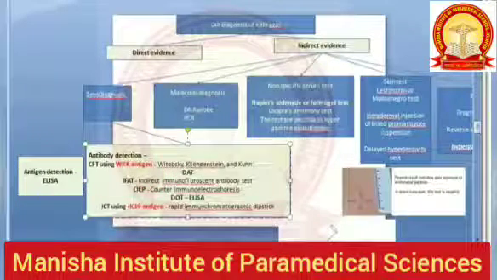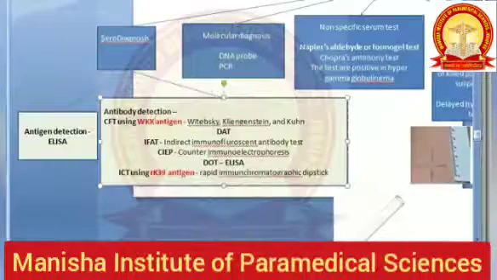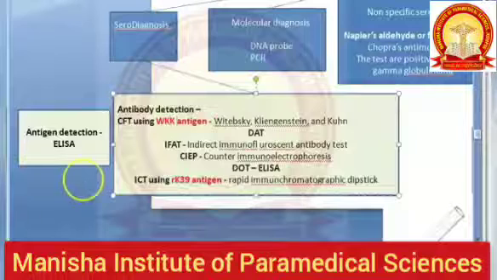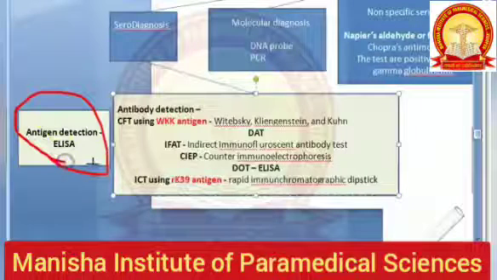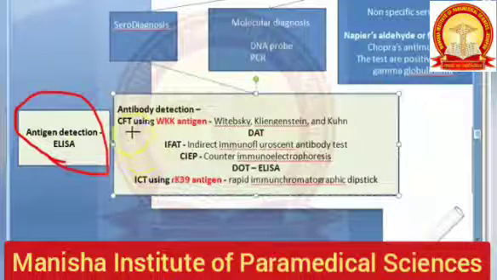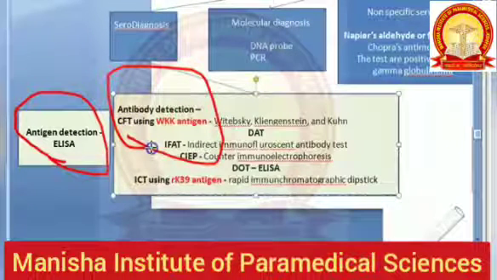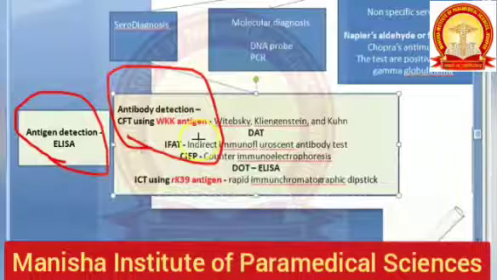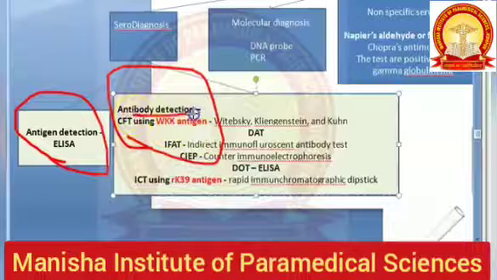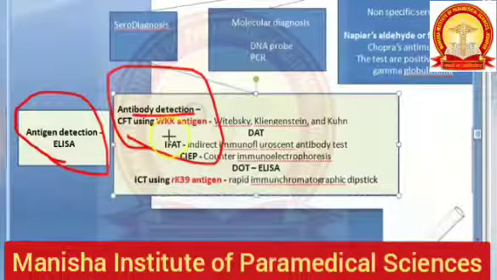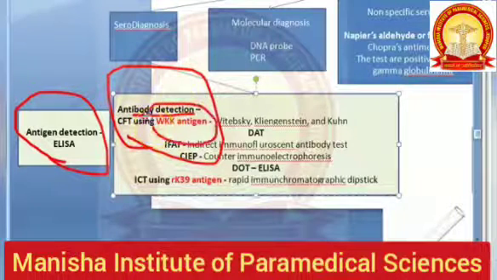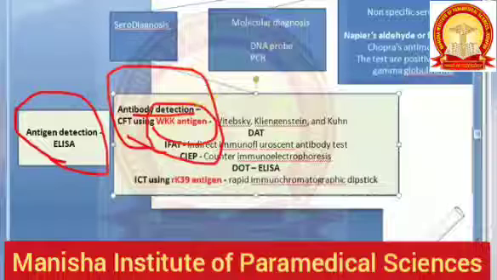To detect the antigen, you can use ELISA. Very typical, you write standard things. You will detect the antigen using ELISA. You can detect the antibody also, but you should have the specific antigen with you, correct? To detect the antibody, you should have the antigen ready with you. So to detect this antibody, what antigens will you use? You will use WKK antigen, like Waka antigen. That is WKK antigen for Leishmania, remember.